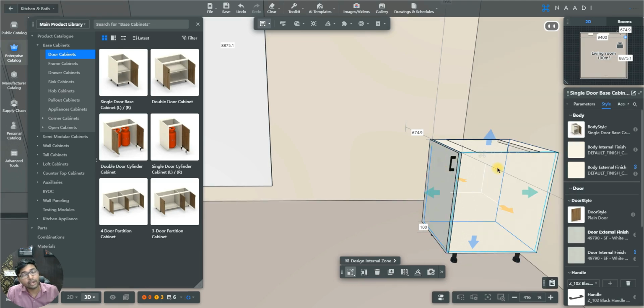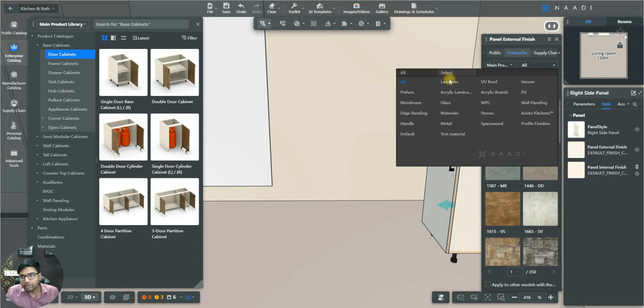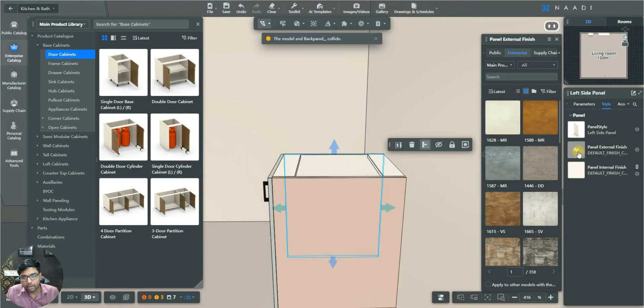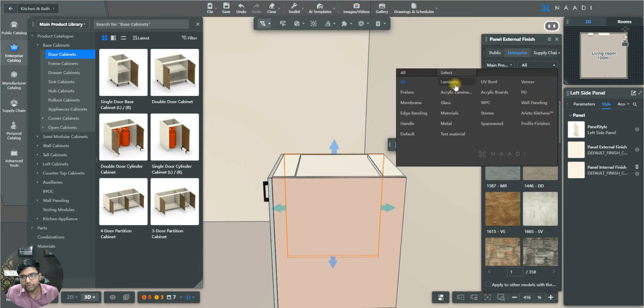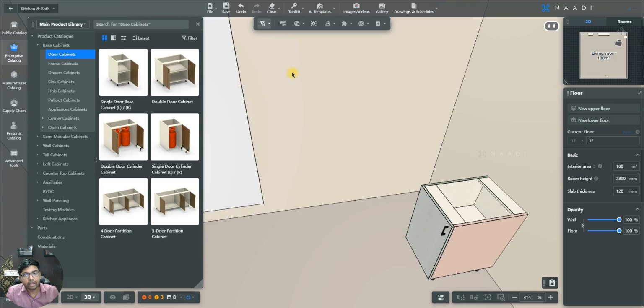Or if you're planning for a second option of finish for the shutter, you try to apply this for any of the panels of the carcass. This way it will be easy for you to use your material brush in your custom model to pick multiple finishes from this carcass and apply them to the shutter. So that way, let me just select this panel and let me apply one finish. For the second option, I'm actually planning to go for Merino Ima plus this one, and maybe for the third option I could select this panel and apply another finish from the green lamp, this one. So once it is done, now you could just get back to your custom model,